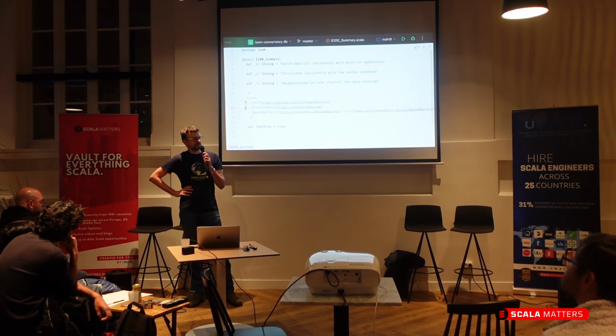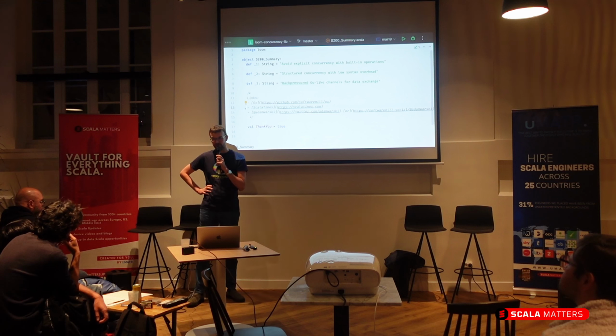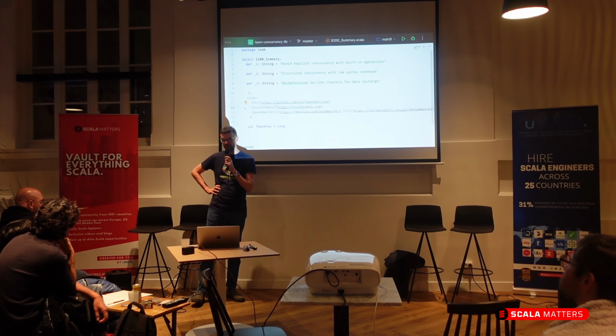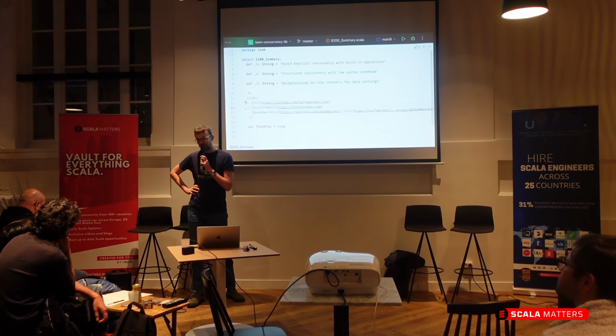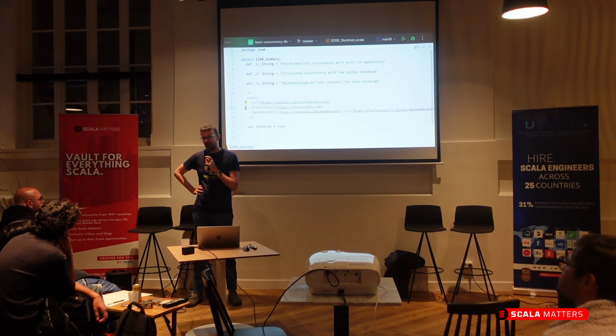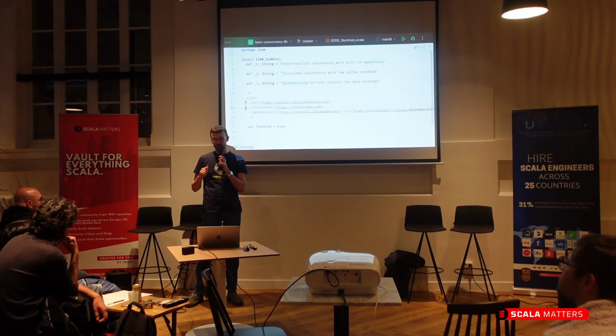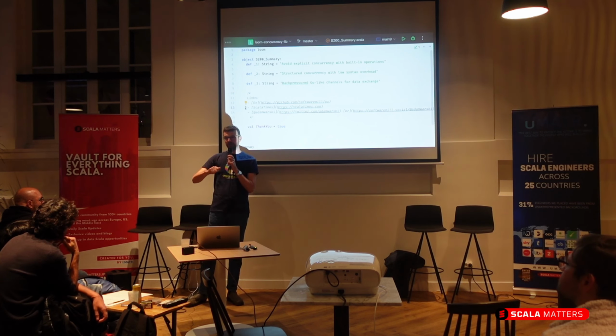So first, maybe a note. Project Loom did retrofit all blocking operations, well, almost all blocking operations in Java. It didn't retrofit synchronized because there are some fundamental problems which I don't remember right now. If you do a synchronized block in Java in Project Loom, it will actually block the platform thread.